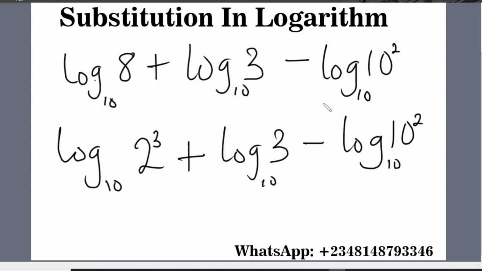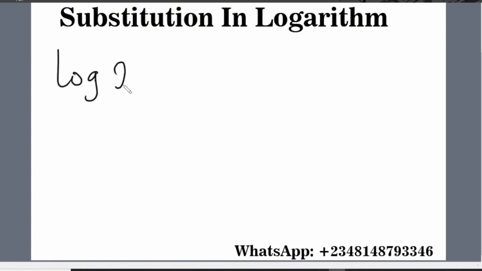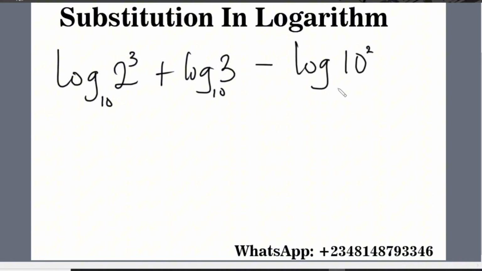Now the next task is to apply the index logarithm law. So if we apply the index logarithm law here, we would have 3 multiplied by log 2 to base 10